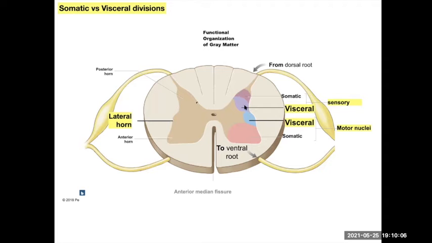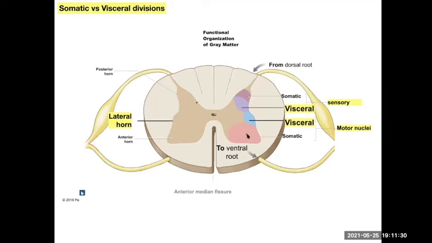this H-shaped gray matter, right? This is where the motor nuclei of your spinal cord were. Remember, this is where your motor neuron cell bodies are in the gray matter, right? This outside here was all axon. So in there, we had distinct regions of this H-shaped thing. In the dorsal area, you had the sensory stuff. And that was divided into information coming from somatic stuff, like your skin, basically, and your visceral stuff, your guts, right? Your internal organs. And then on the ventral side, you had the ventral and the lateral horn, the visceral motor neurons. So just to compare,